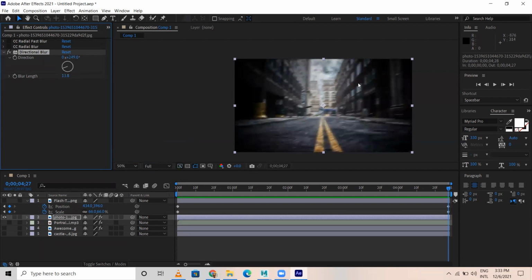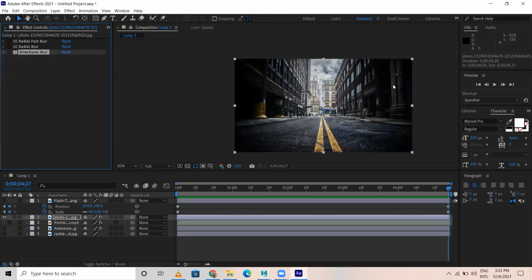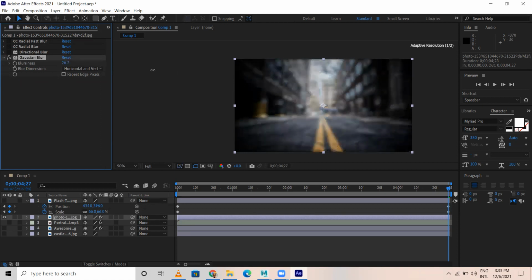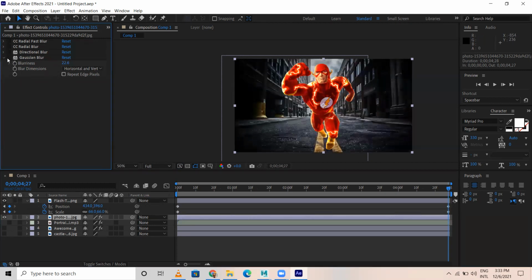I change my direction. Now it is in this direction. Now it is from top right to down. So now it is top to bottom, like this. Okay. So based on the requirements, you can use. I go for Gaussian blur. Gaussian blur is overall, it will give blurriness for the whole image at a time, like this. Let's say, for example, I want to focus on something in the foreground. Let's say two people are discussing. So I want to shift my camera from left to right so that I focus on the characters here. In that case, I can use Gaussian blur.